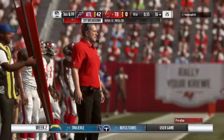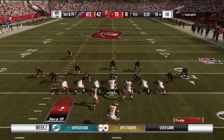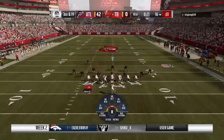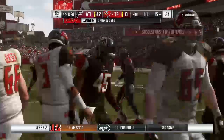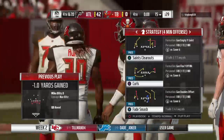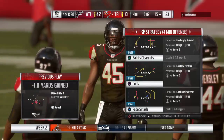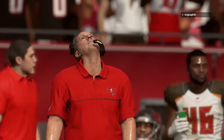And some secondary help here for the defense in the nickel on 3rd and long. And they take a knee. So Charles are able to complete